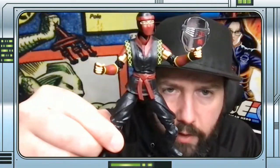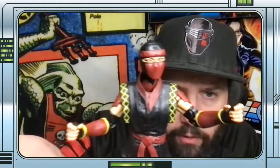Interesting. Don't know what I've done there with the old neck. Oh, there we go. It was funny. I moved the head and the entire neck twisted round. Okay, yeah. This is really nice. Okay, here she is in all her glory. We've got a really nice head sculpt going on there. Good eye paint on there too. Nothing out of the ordinary. Nothing wrong there. Is that the Cobra sigil on the